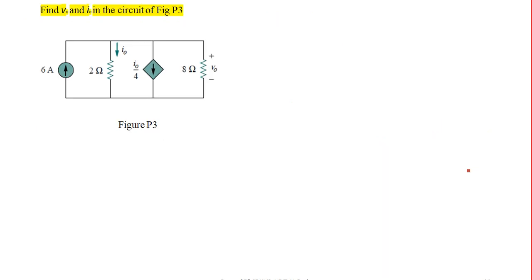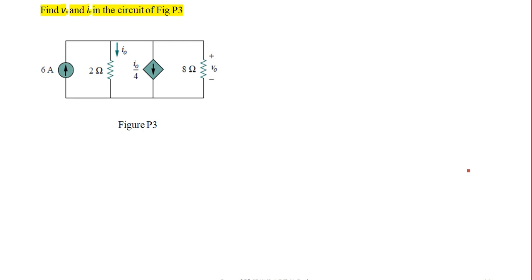Next, on a similar basis, we have a very tricky problem here. I am just giving it as a practice problem. Here again you find that there are two current sources. So we can apply KCL and find V naught and I naught. I'm not saying that you should use only KCL, you can even find it through KVL also, but just try it from your end. This is the third problem you need to approach based on KVL and KCL.